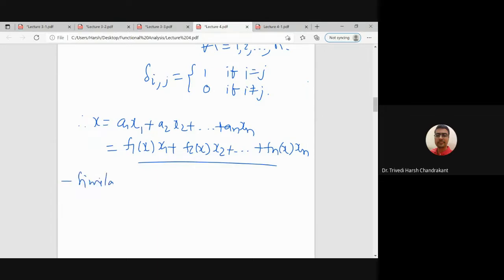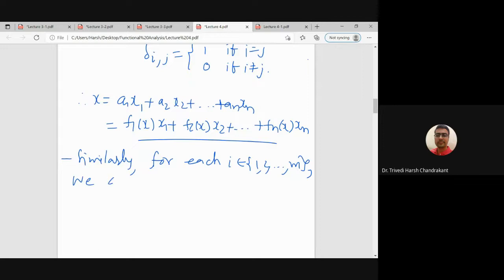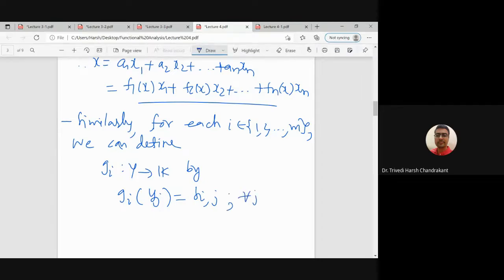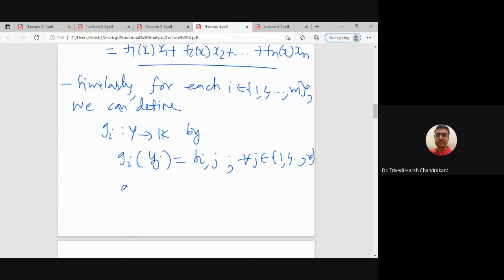So similarly, for each i in 1 to m, we can define gi from y to k by, now gi we are defining on yj, that is delta ij, for every j in 1 to m,